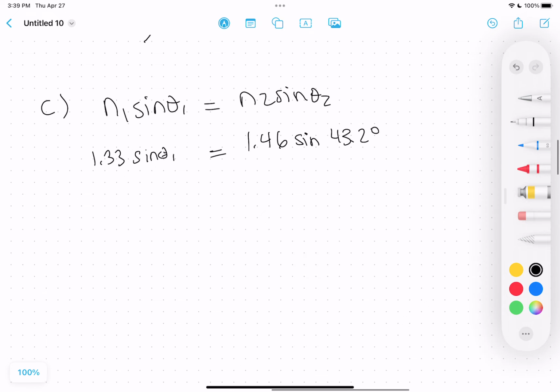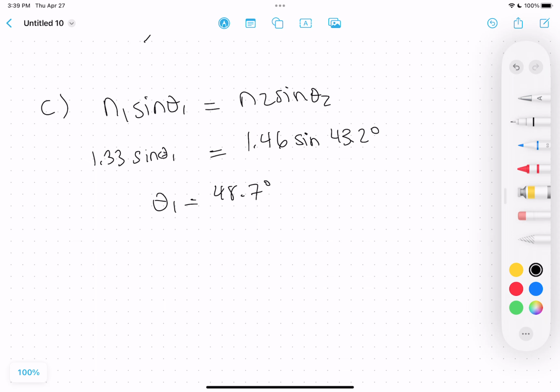So if we just solve this out, 1.46 sine 43.2, divided by 1.33, and then take the inverse sine of that, that should give us 48.7 degrees as the minimum angle required to cause that critical angle, right? So that means we have to come in at an angle of 48.7 degrees in order for this to be